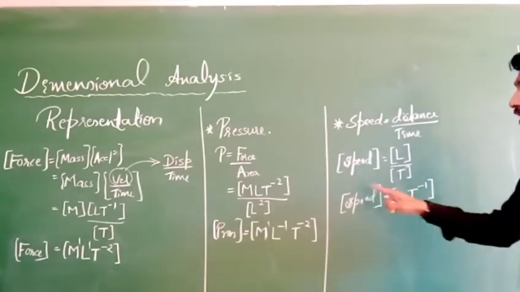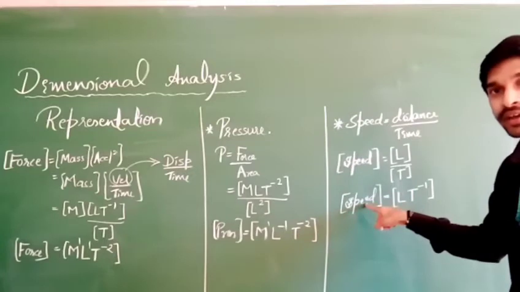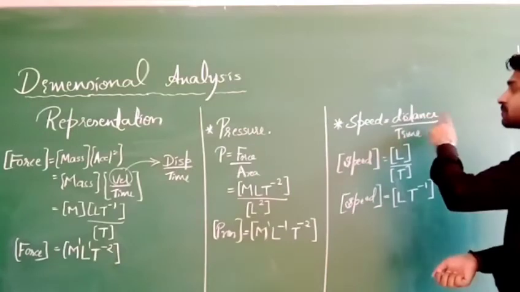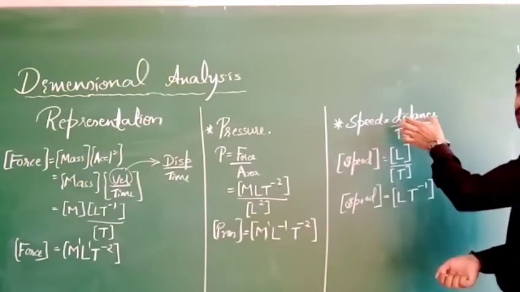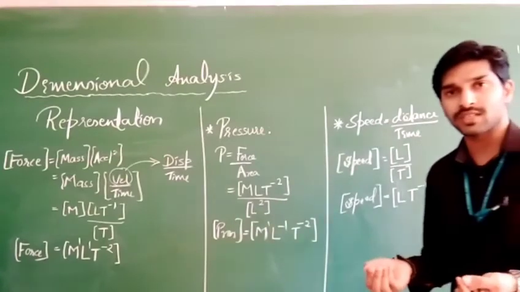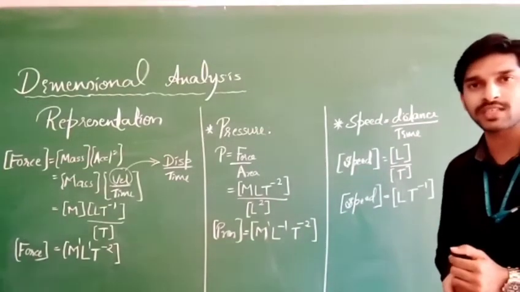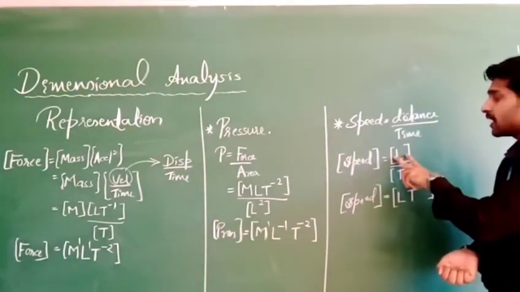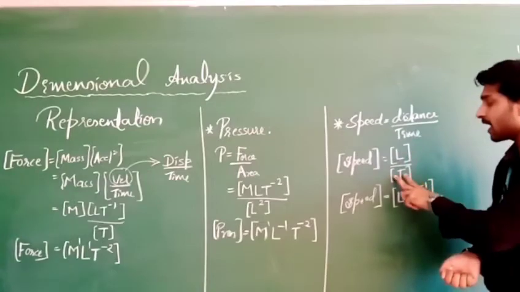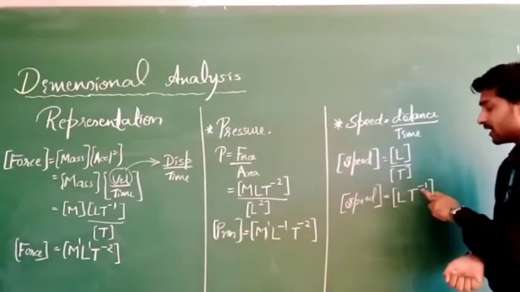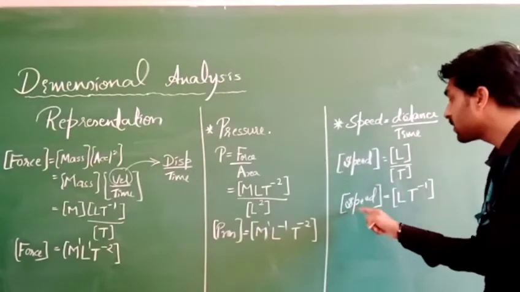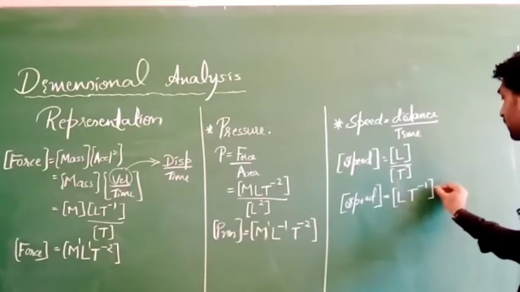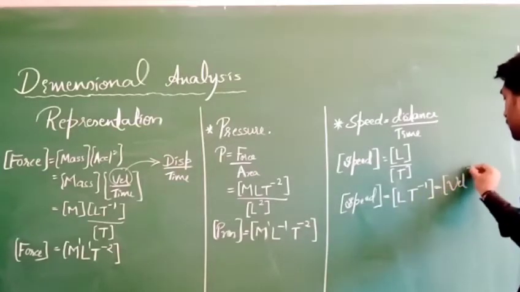Are you all following? Always remember, the dimensional formula for speed is equivalent to the dimensional formula for velocity, because velocity is displacement by time. Displacement is also a distance measurement, so again we treat it as length only, and time as T only. Again we are going to get L T power minus 1. So the dimensional formula for speed is L T power minus 1, which is equivalent to the dimensional formula for velocity. Clear?